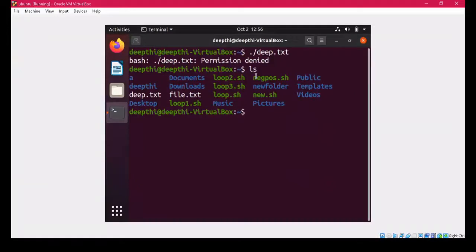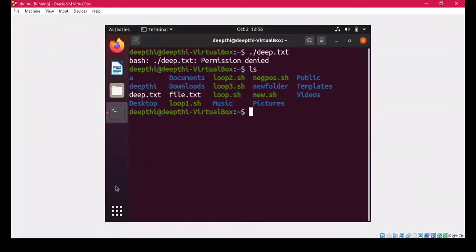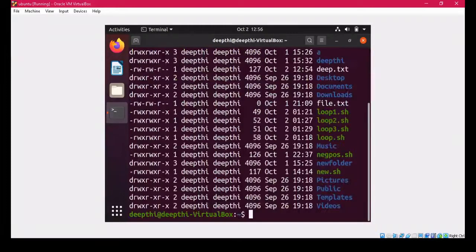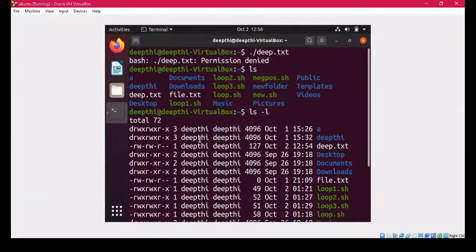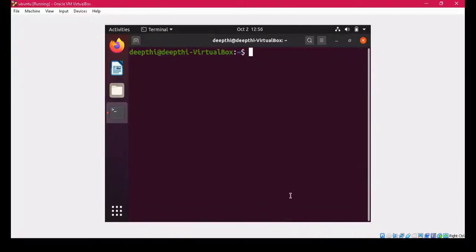So still after it has run, only then can you see lab1 and lab2 created, and I'll show you that. Now we have to check what permissions are given to this file. I will use ls -l, which gives you the long listing. If you write ls -l alone, it gives the long listing of all the files, but I'm not interested in seeing all the files because it will take time. So I will write ls -l and name the file deep.txt.